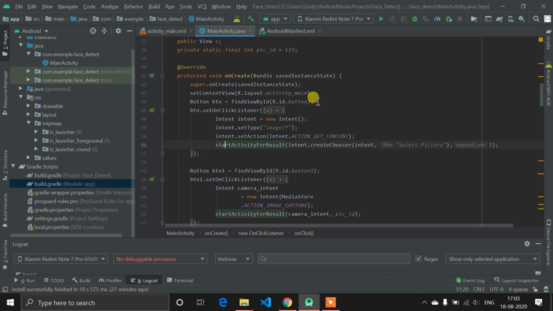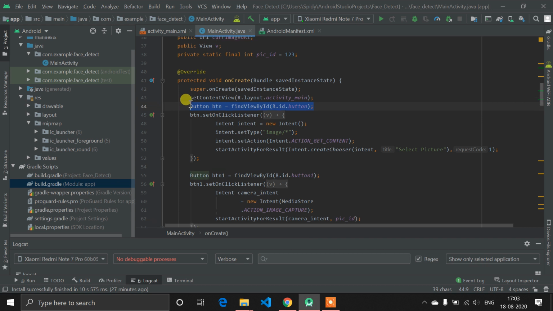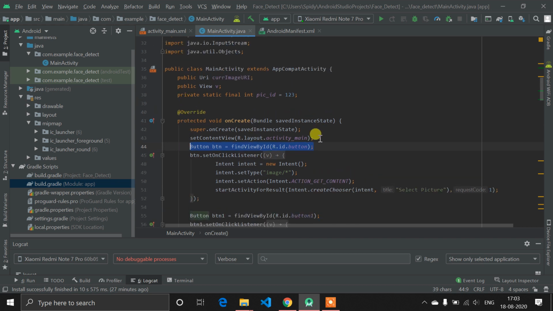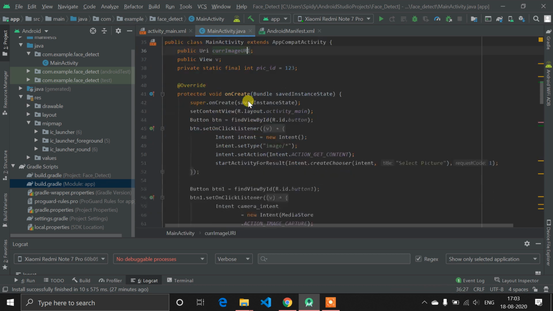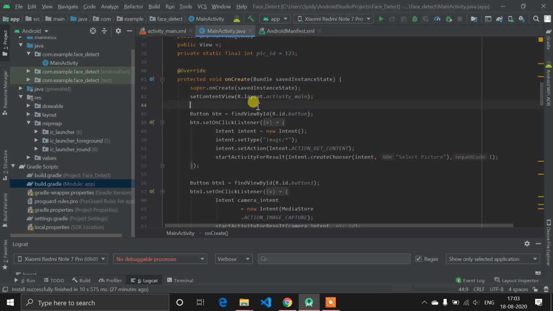First of all, I need to find my button id. Until this code, you will get it by default. Now you need to start from this. So Button btn is equal to findViewById, then you write your button id here, which is already button. Then you need to call the onClickListener method, which means if you click any button it will do some task. This is just like a trigger, or normally in HTML and PHP we do the same thing. So button dot setOnClickListener.